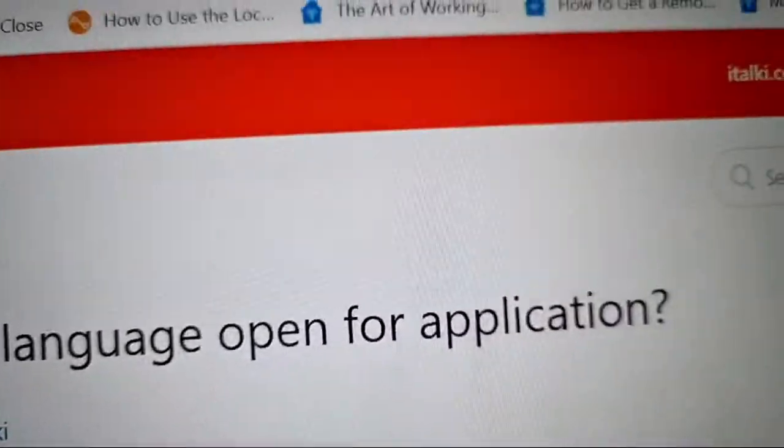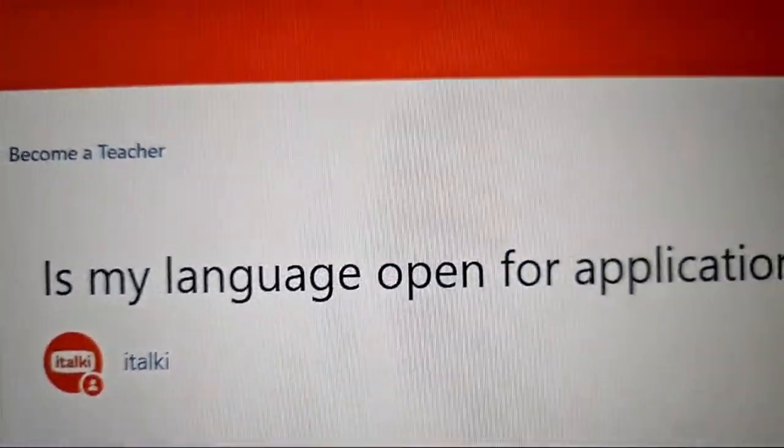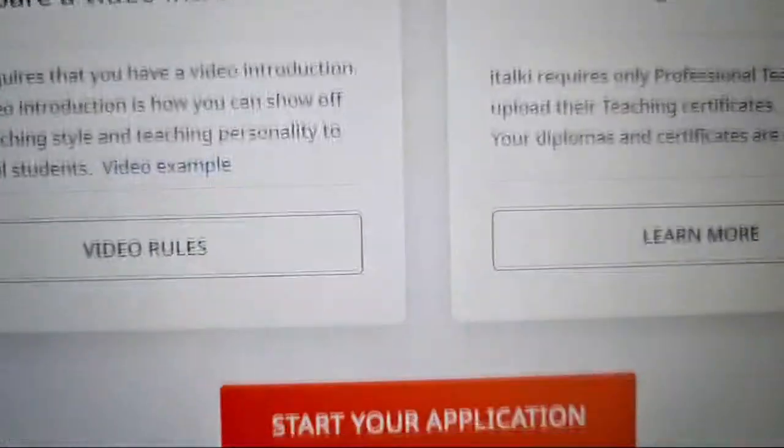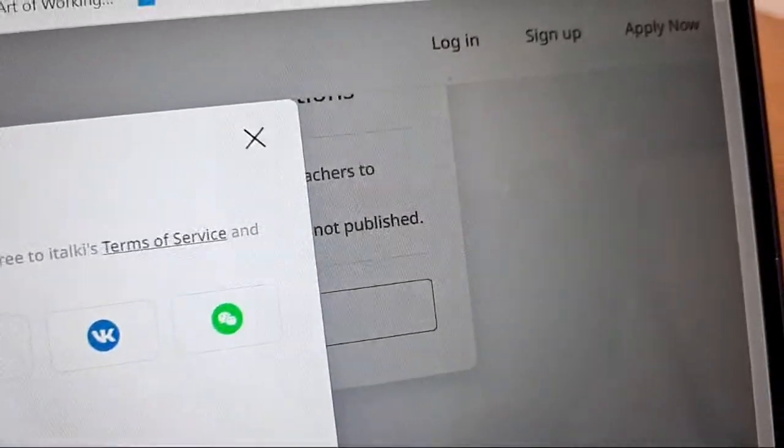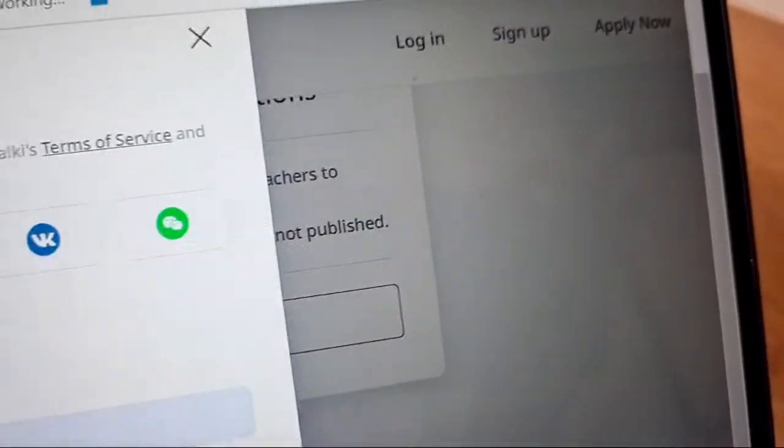So let's check. I hope it's going to allow me. Let me just click and then you can see start your application. Unfortunately, I'm already logged in, so it won't show. But anyway, guys, I hope it gives you a glimpse of the languages that you can